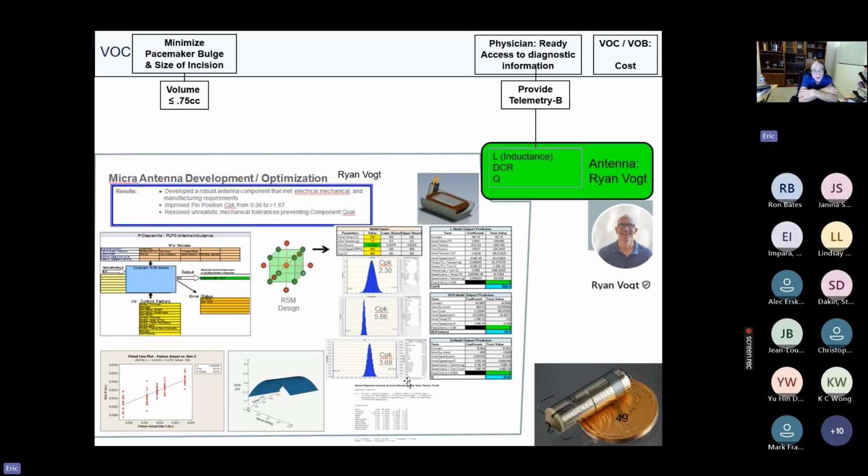Similarly, for Micra, Ryan Vogt worked with a supplier, Vishay, to co-optimize the requirements on medical telemetry for the antenna: the inductance, the direct current resistance, and the Q factor. He did a P diagram with the supplier, did DOE, design of experiments, response surface modeling, and optimized with Monte Carlo simulation the CPKs of all the requirements, getting all of them greater than 2 at the 6 sigma level,